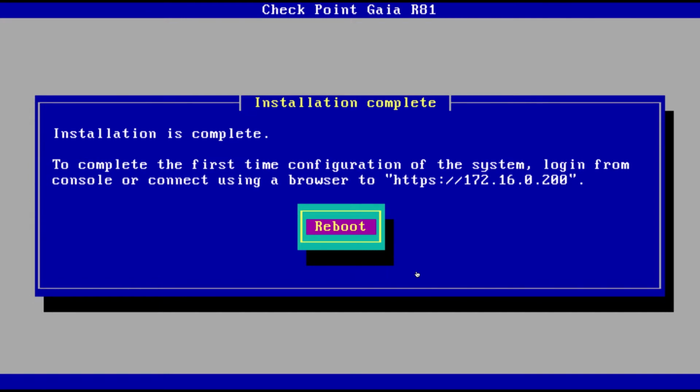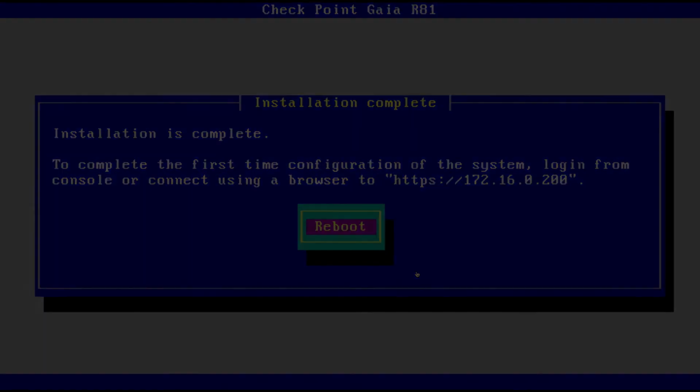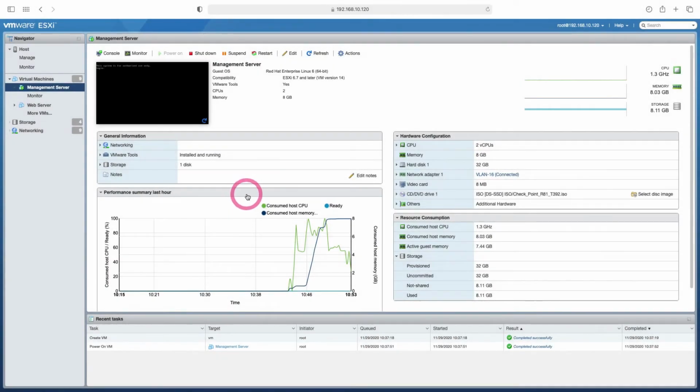Before starting the settings, let's choose our network card type on the VMware ESXi side. We forgot to set this setting. Let's turn off our server and change our network card type, then connect to the web interface to make our initial settings. After changing the card type, let's start the first settings by connecting to the web page.